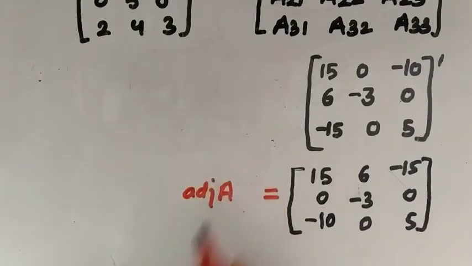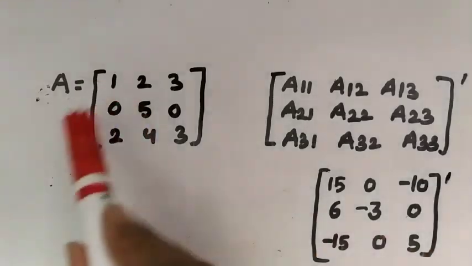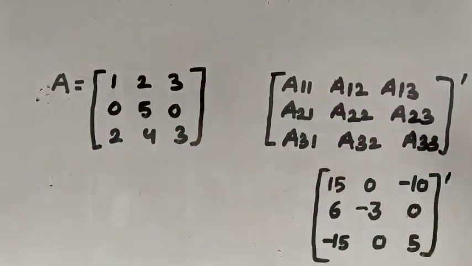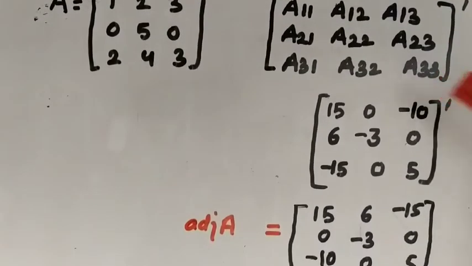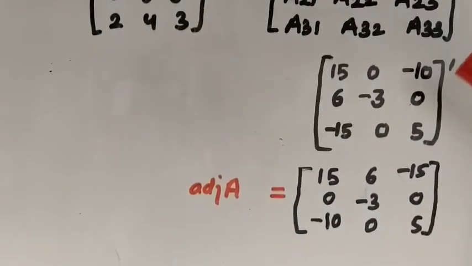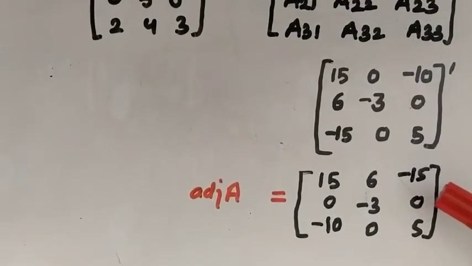So students, it's very simple. The same process will be followed. That is, first of all, we will replace all elements by their corresponding cofactors. We will substitute values of all cofactors, and after that we will take transpose, and after taking transpose, finally the matrix obtained will be the adjoint of square matrix A. Okay, now students, it's very simple, and I hope now you can find the adjoint of square matrices of orders 2 and 3.